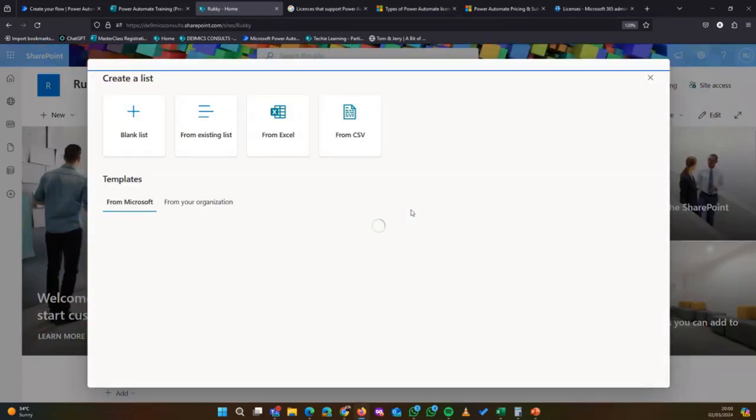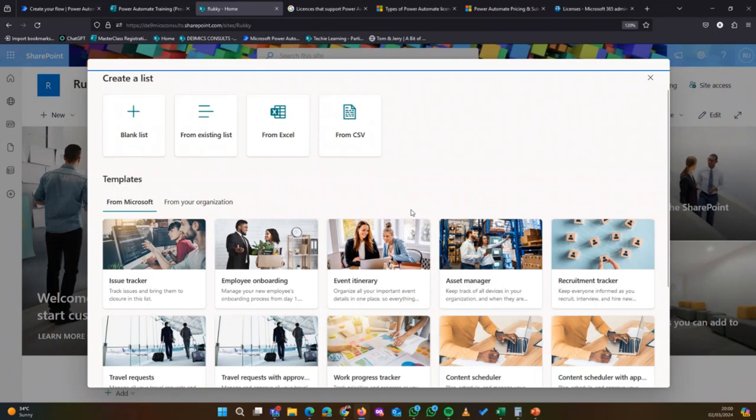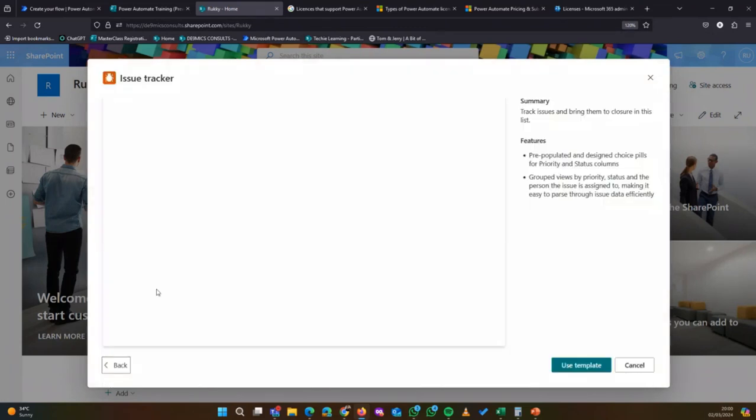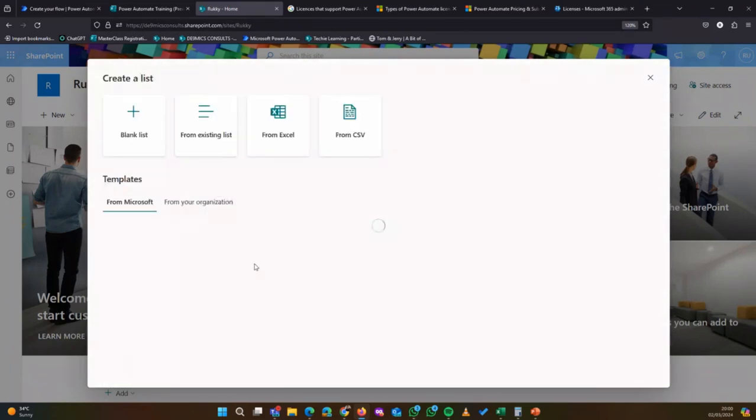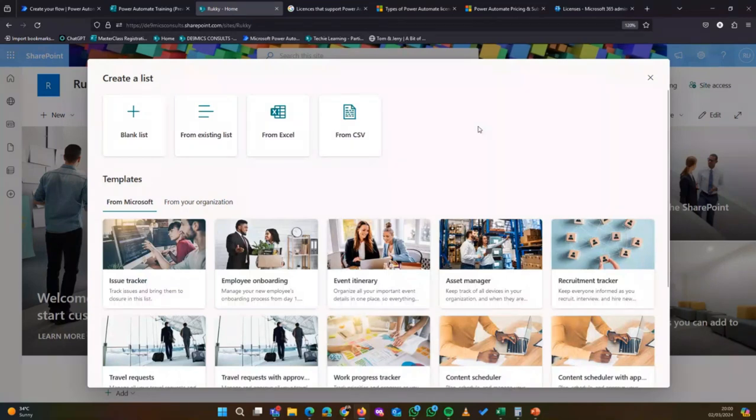So let's see. Okay. Why the choice of SharePoint though? So I use SharePoint because if we're in a company context, some companies use SharePoint help desk